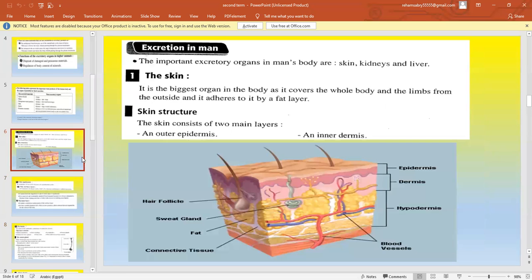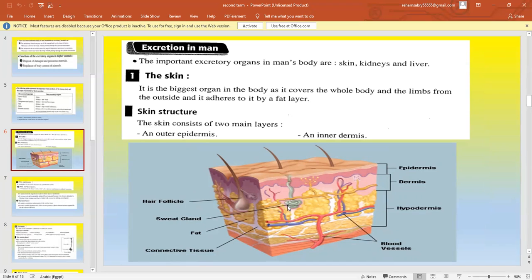Wow, this layer really has a lot of things. You can see this layer, which is called the dermis, has blood vessels, has sweat glands. What are sweat glands? We will find out. It has hair follicles with the hair, has fats. You see how much fat? Okay, it has connective tissues, the tissues that hold everything together. It also has fatty glands, and it has muscles connected to the hair follicle. So the dermis consists of many things. Let's start with the sweat glands. Let's talk about the sweat gland.